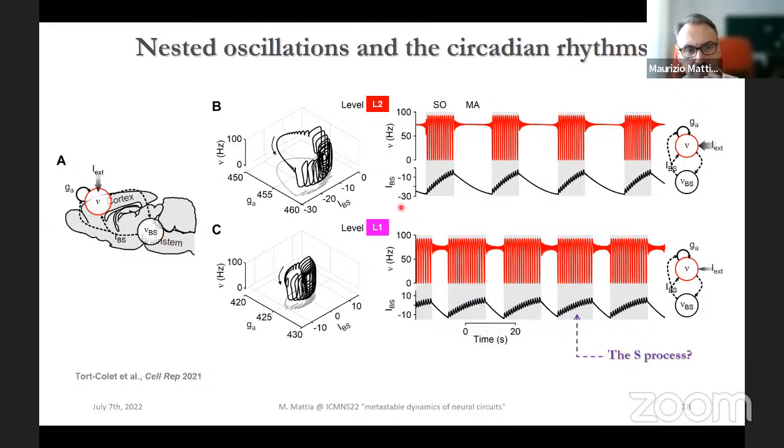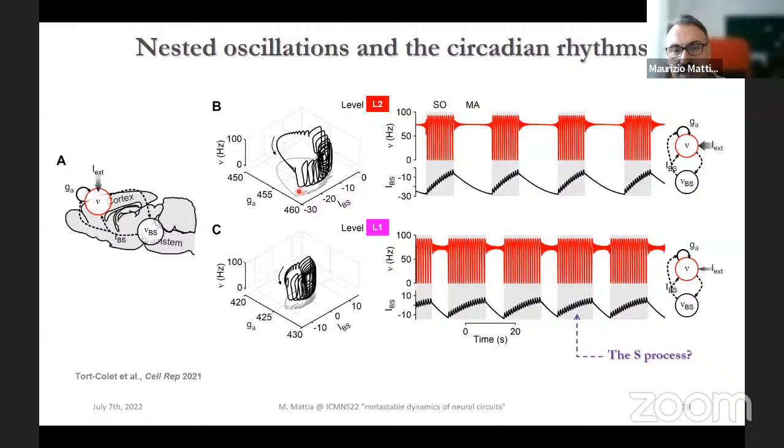So if you have a look at the activity and then at the current provided by the brainstem in this model, you see that whenever you have slow oscillation, there is an increase of this current. So there is a kind of accumulation of activity. And then you have a destabilization of the slow oscillation state, such that only the microarousal is there. Under this condition, you have a relaxation of this current, and then you have once again the next cycle. So you have a nested cycle: a slow cycle like this one, showing this long cycle, together with the very fast slow oscillation on this phase and the asynchronous state on this other phase.